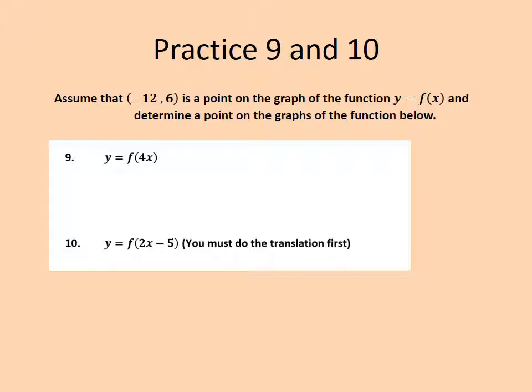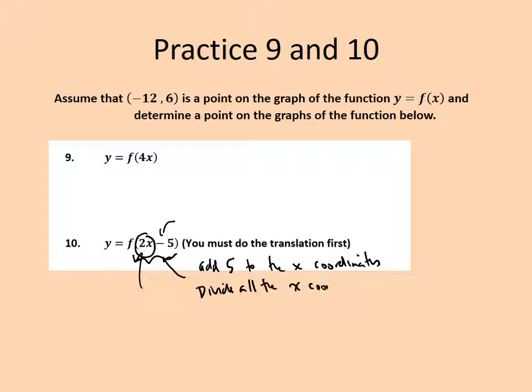You're now going to do these problems on your own, but I want to talk a little bit about this one. Because there are two transformations, there's both the negative and the 2x. You have to do it exactly opposite of what you think. So since there's a minus, we know we're going to add 5 to the x coordinates. Because it's 2x, we're going to divide all the x coordinates